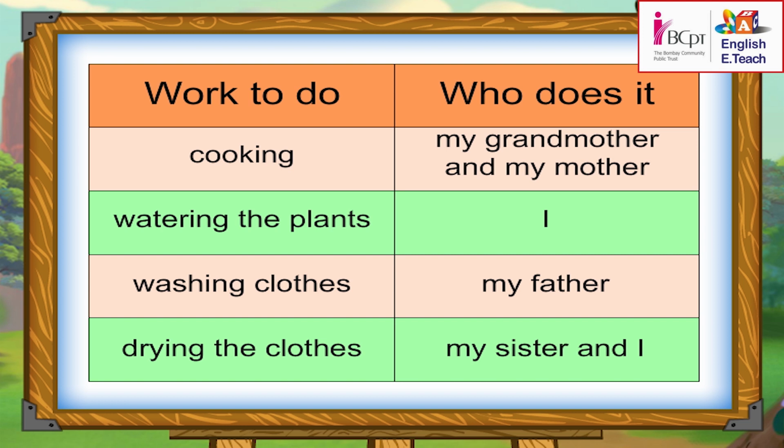Now, children, prepare a chart about who does what work in your home. Draw a table like the one on the wall and fill in the details. You can add more rows to list all the work at home, like hanging out the clothes to dry, or filling the water for drinking,